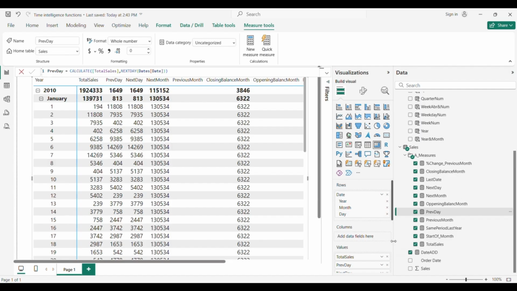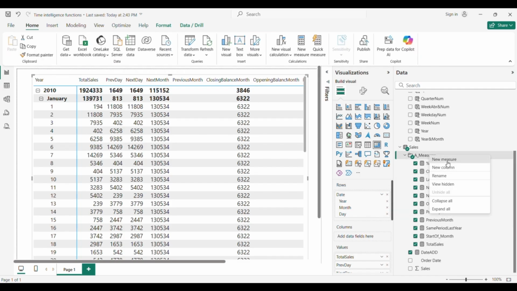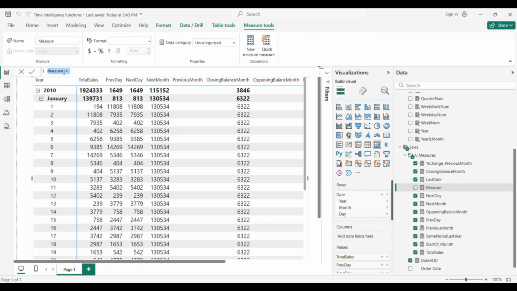We can also have a total year-to-date function, which will sum up all the amounts in case we need. So we can call this total year-to-date.